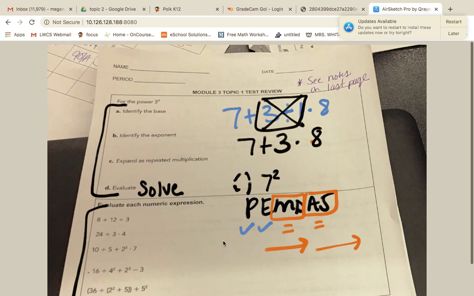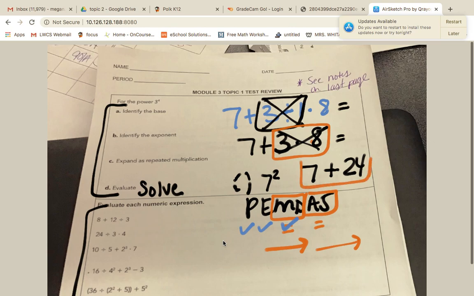So I have multiplication. I'm going to box what I'm solving next. I can focus just on that, which is 3 times 8. So I solve that, and I get 24. And then I fill in what was there before that I have not solved yet, and now I have 7 plus 24. So I have completed my multiplication and division, and all I have left now is addition and subtraction. If I had subtraction in front and then addition, I would do the subtraction first if it came first. But now we're just left with